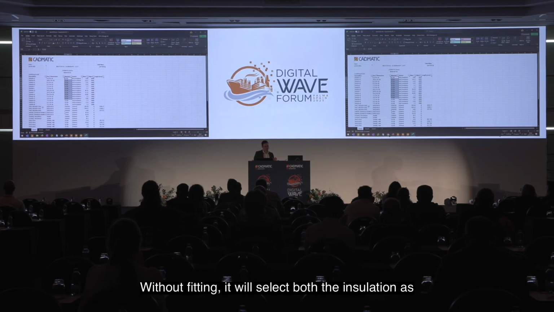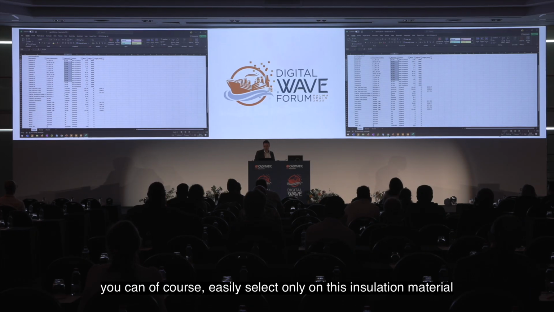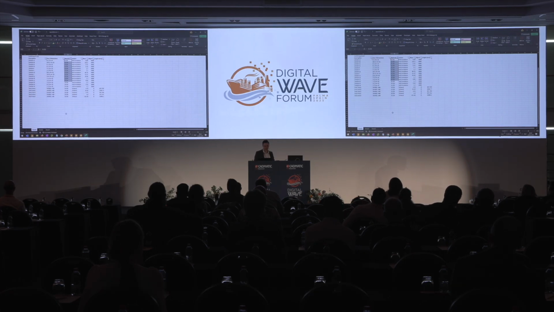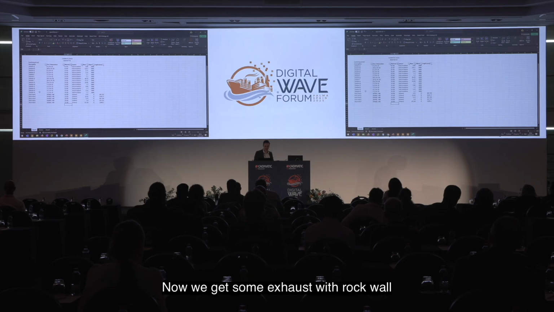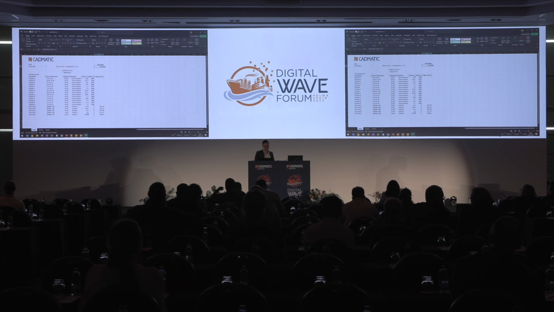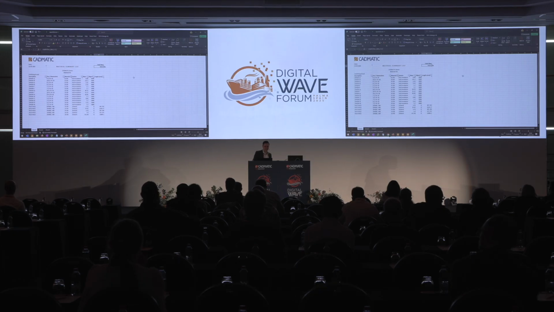With outfitting, it will select both the installation as well as the parts that have the installation. But you can, of course, easily select only on this installation material. For example, the SL720. And we get some exhaust with rock wool installation around it. And the total mass of only these elements together. Making your purchasing and ordering a lot easier in the end.